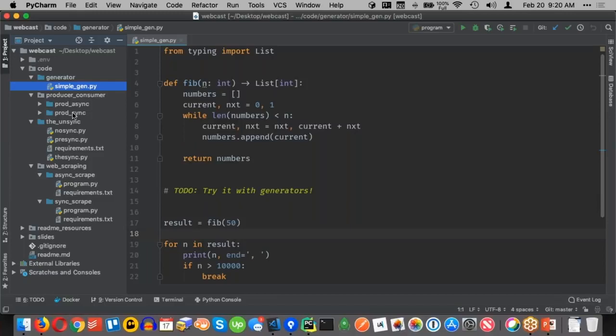Is Async IO performance similar on Windows, Mac, and Linux? That is a good question. I have not profiled it, but I don't think it's super different. What you will see is there's the ability to actually replace the Async IO event loop with something called uvloop. And uvloop is pretty significant in terms of how much faster it can be. And that I don't believe works on Windows, right? But here's the thing.